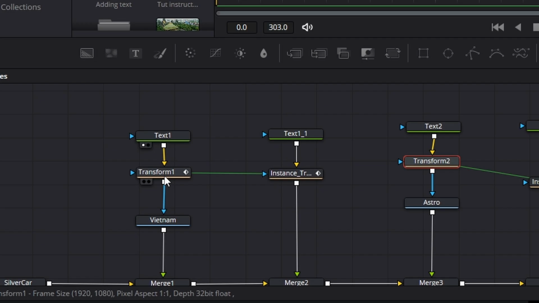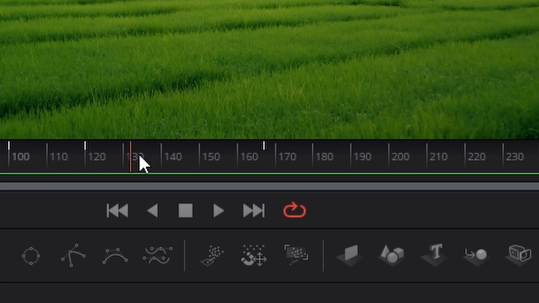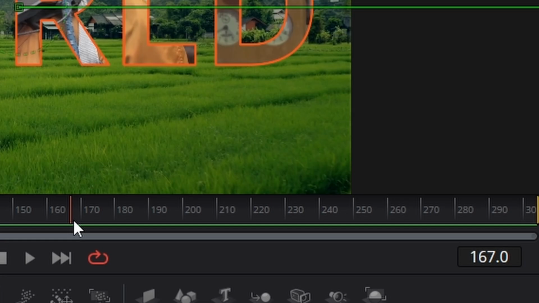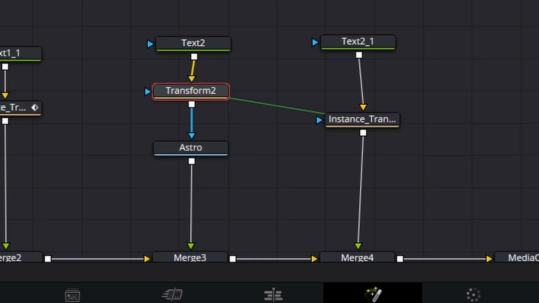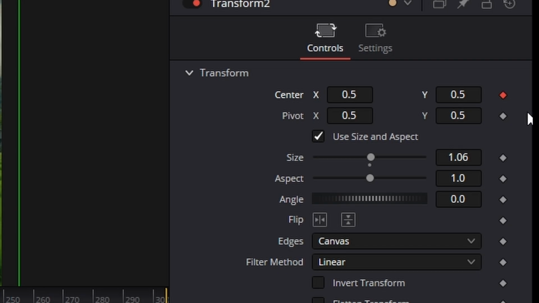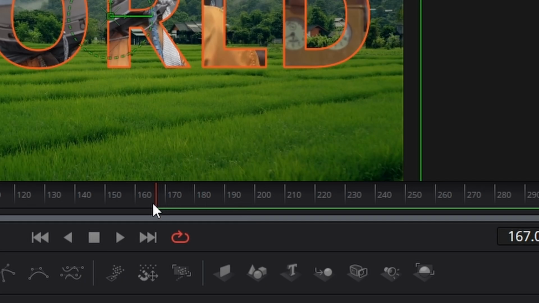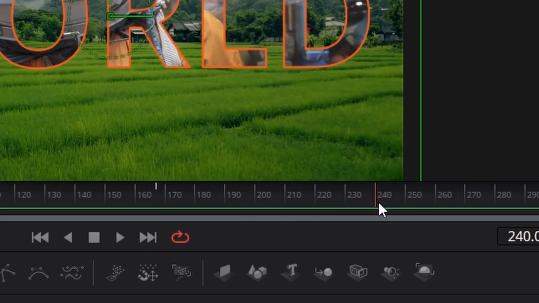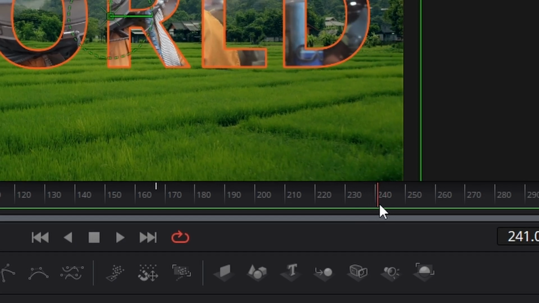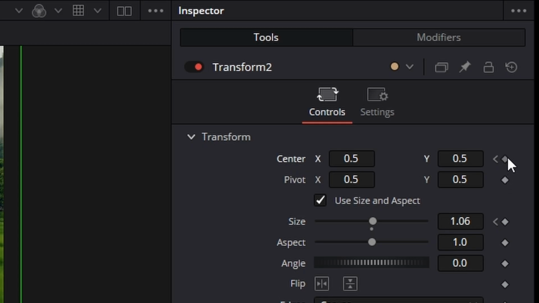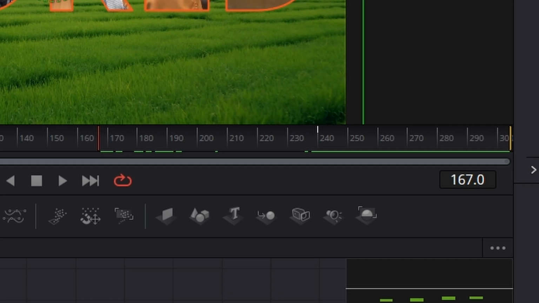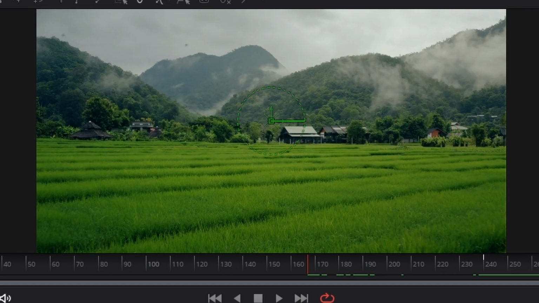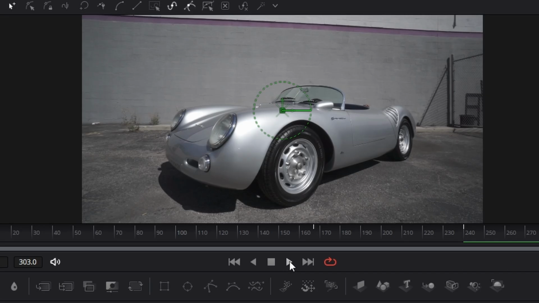Now we know on the first animation that it finishes at 167. So we're going to go to this transform here and click on center and size. I'm going to come forward, say 40 frames, 240, and then we're going to do the same thing again, center and size. Let's go back to the first frame, which is 167, and we're going to shrink that right down to 0, like so. And now when we play our animation,